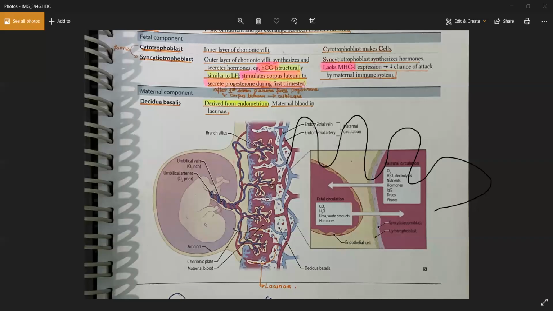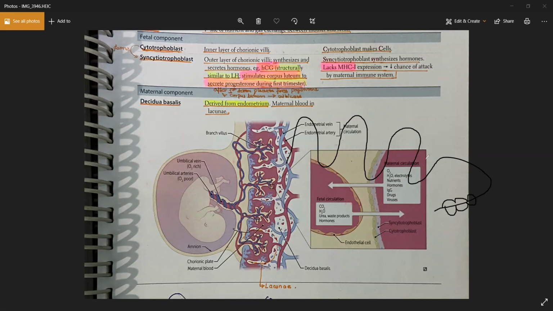I didn't get it, sorry. See, I told you that these syncytio and cytotrophoblast must be organized in the villi. This kind of villi, two types of cells. In the inner layer of these villi you have the cytotrophoblast, and the outer layer you have the syncytiotrophoblast, right? And they form these kind of villus structures, finger-like projections. And this is a fine